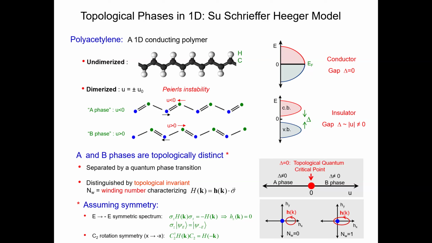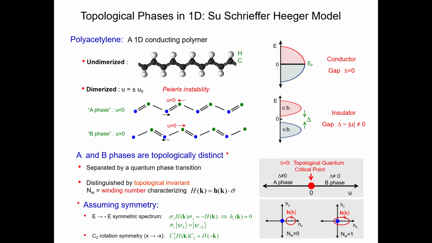And I could just pull the loop over the top and smoothly go from this to this without going through the origin. And so it's an essential part of the story that we're not using sigma z. The origin of that is where symmetry enters the discussion. Symmetry is an essential part of this argument that these two phases are different. It's interesting to think about what symmetries this simple system has.